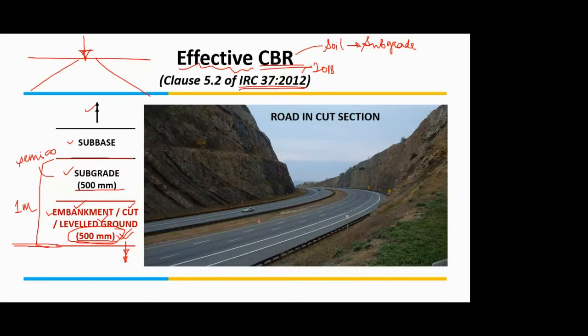And then this is the road in cut section. So now again, this photograph is from a road in India itself. It's from Kerala. So in cut section, what you have is a high ground on both the sides. So you can see here it's a kind of a hillock, and then they have cut this hillock from between, and then they have constructed this road.